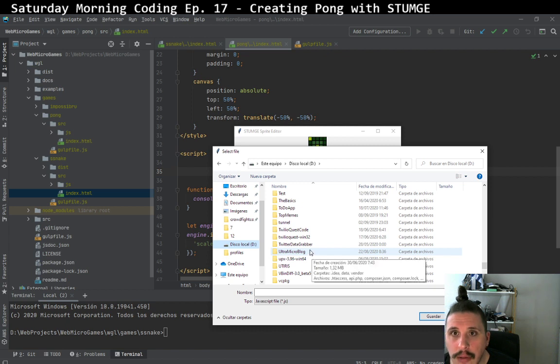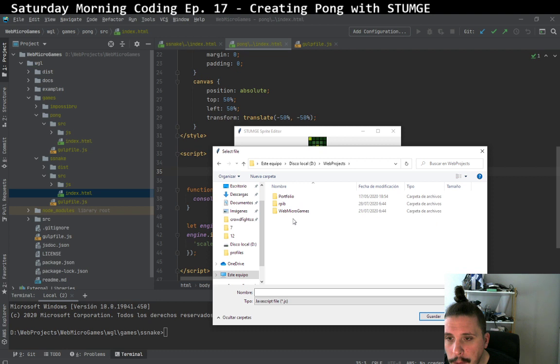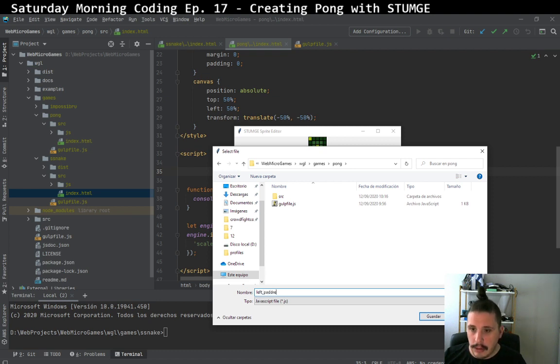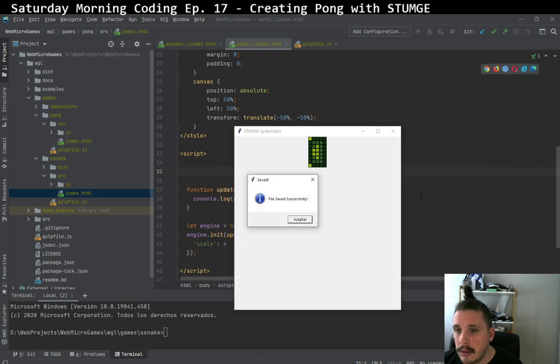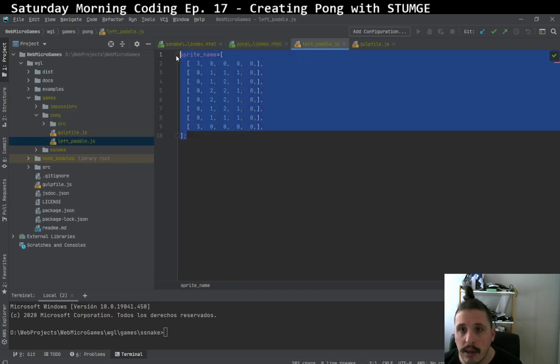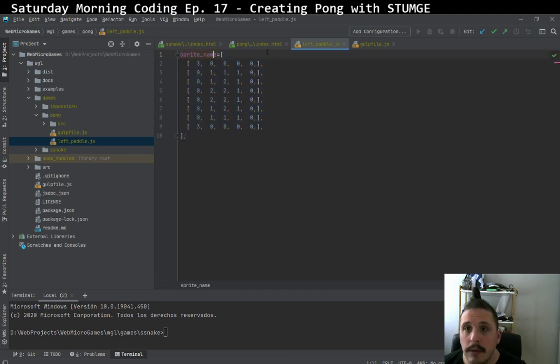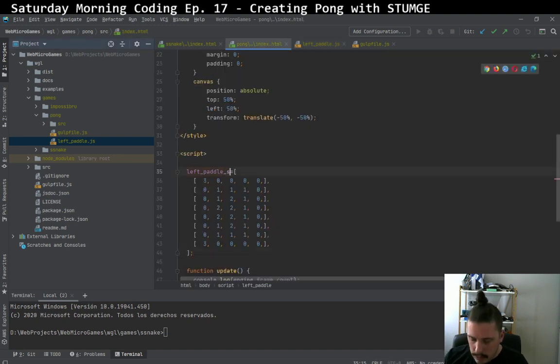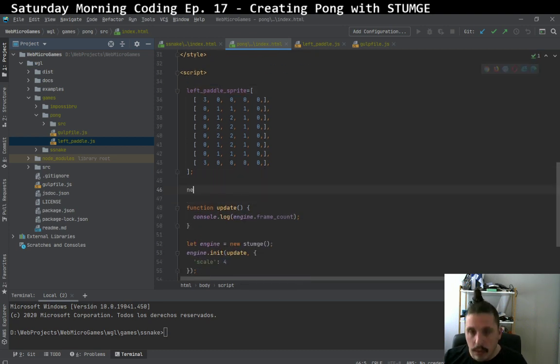So where is it? Projects. We can save it here with the name left paddle.js, and I think that now, yeah, this creates the data structure that holds the sprite for us. So we can call this left paddle, and then we can just copy this here, the left paddle sprite, and then we create new left paddle graphics, and then we create a left paddle